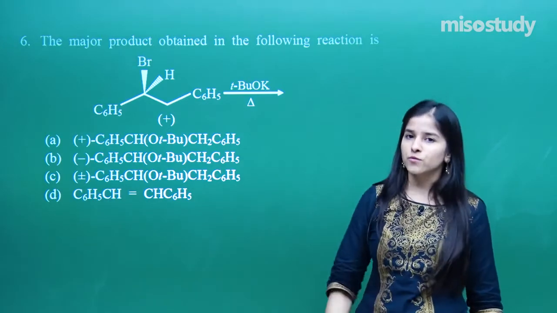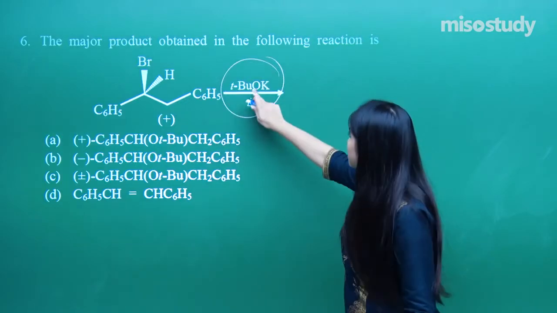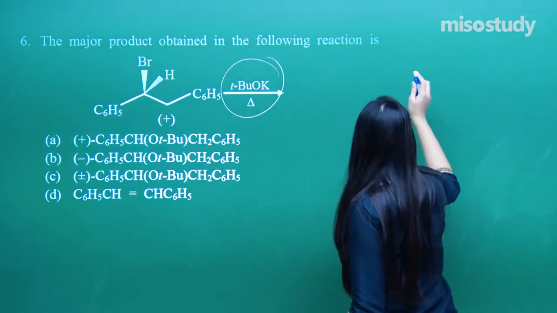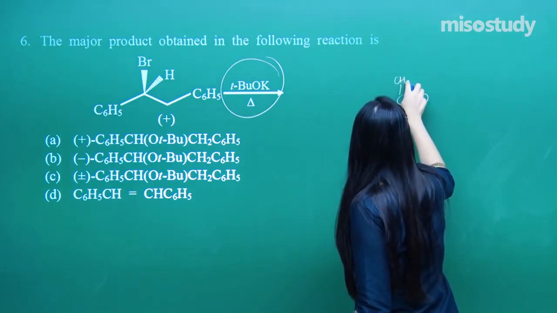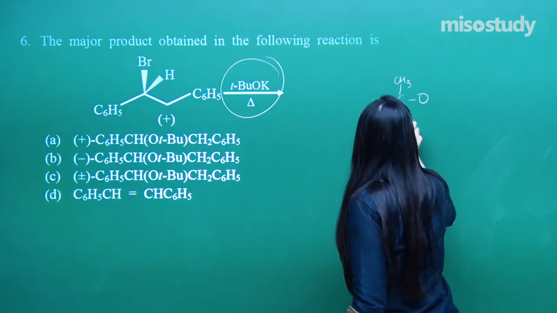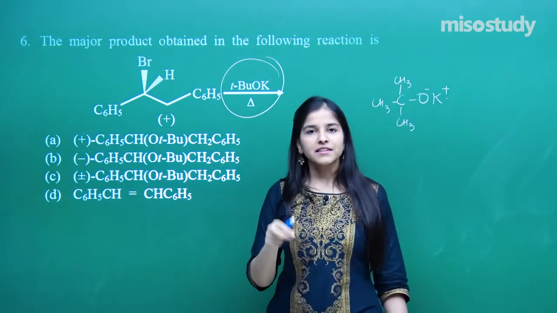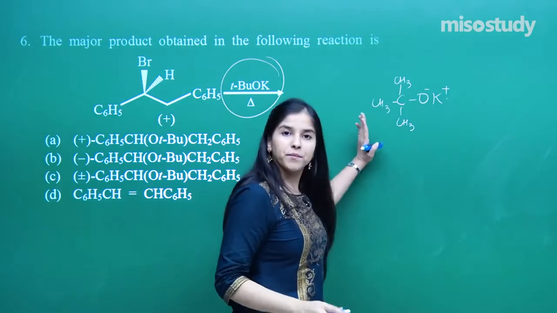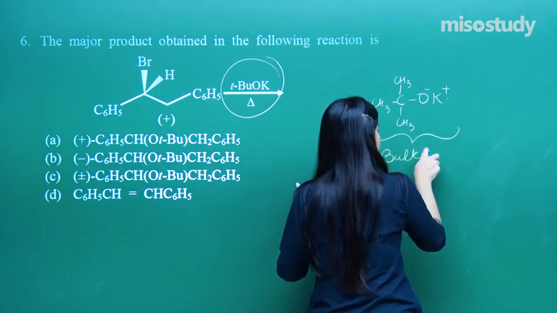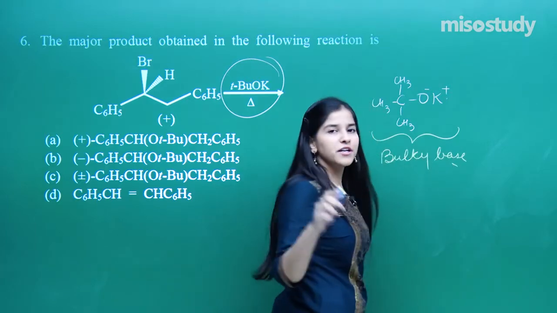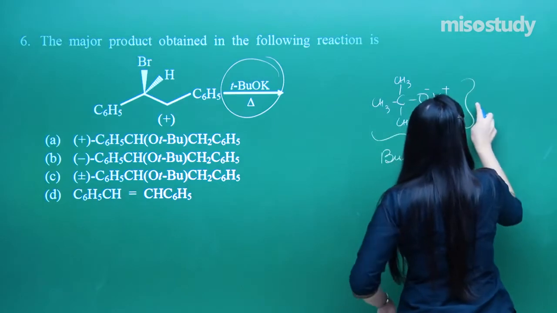But just try to look over here. If you haven't observed it, but I have, it's tertiary butoxide. That means a base. That is the base they have taken. That means it is a super bulky base, leading to the possibility of only one kind of product, that is the eliminated product. Yes, you've got it right.